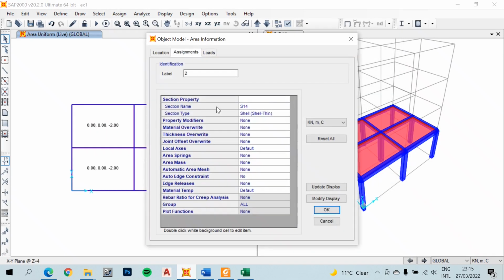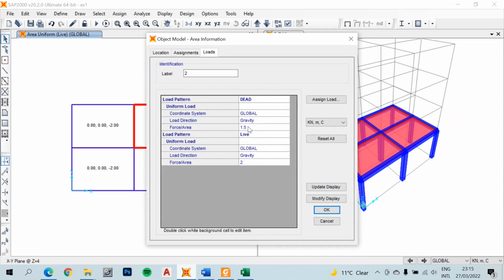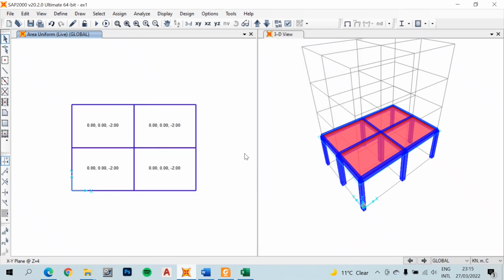You can check again by doing this. Come on loads, you see what kind of loads are applied. You can make sure that you apply them on the slabs. Yeah. So now that we are done with modeling the first row, everything, and the assignment of loads, I can